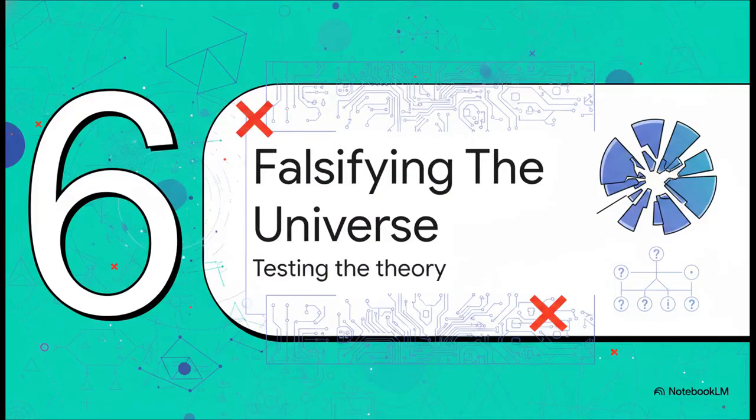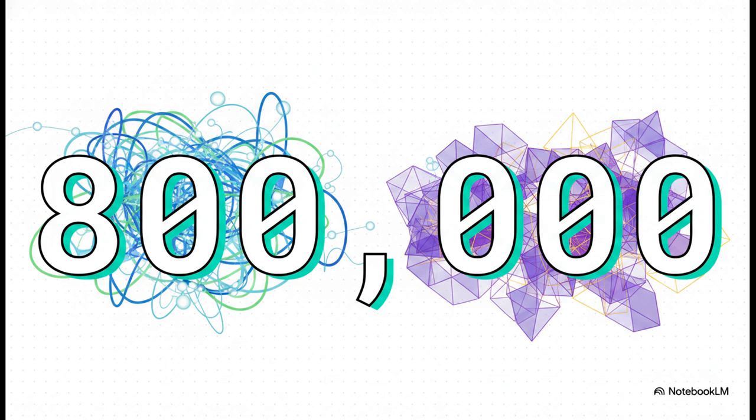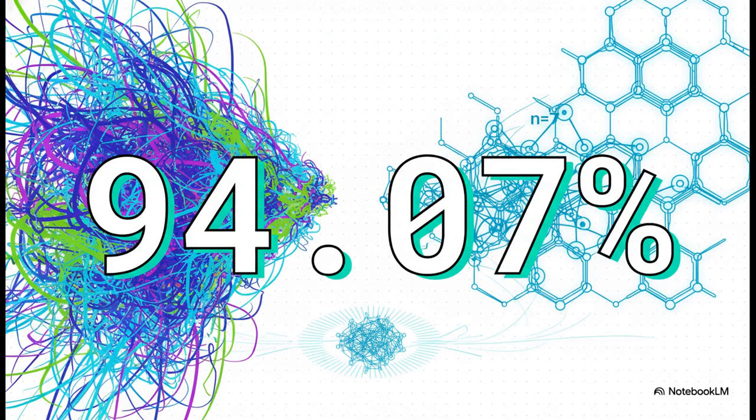Section 6. Falsifying the universe. Okay, so how do we actually test this? 800,000. That is the massive number of independent, highly chaotic state update samples that developers threw at this framework in the F6 falsifier simulation pipeline. They effectively stress-tested this geometric universe to see if it would instantly shatter or produce stable structures. And astoundingly,